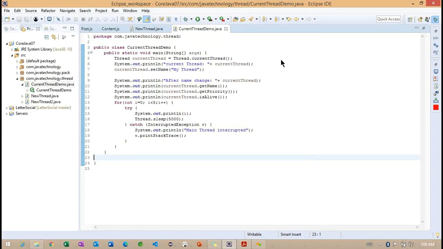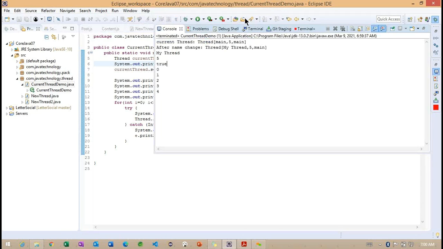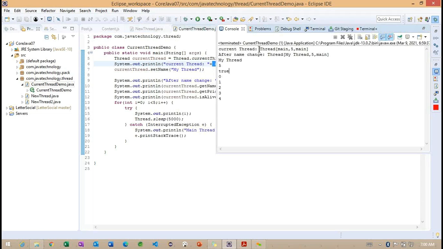Getting the point. So you can observe here, whenever we are running this current thread, now we'll check the output here. Carefully observe the current thread. If we want to identify the name and the current thread information, you can see this is the way we get the information here.